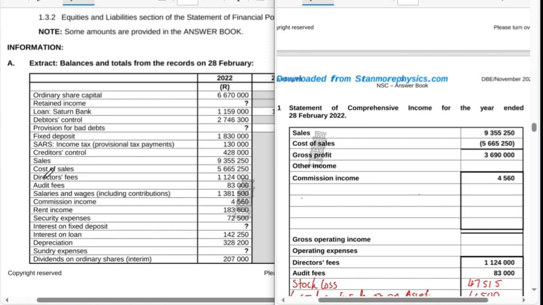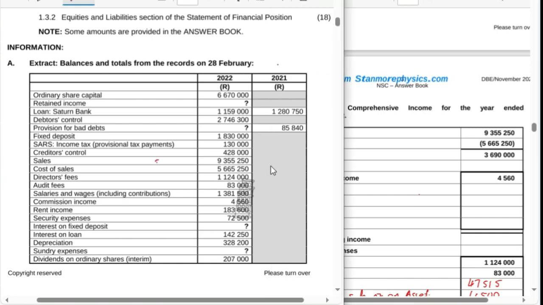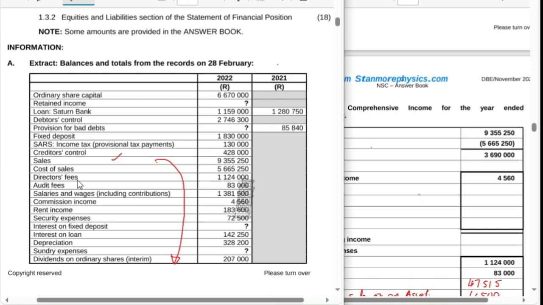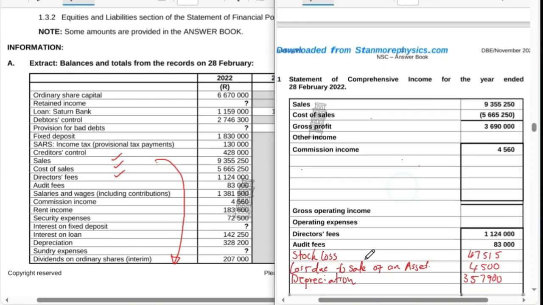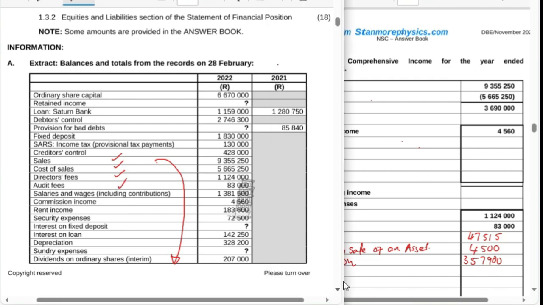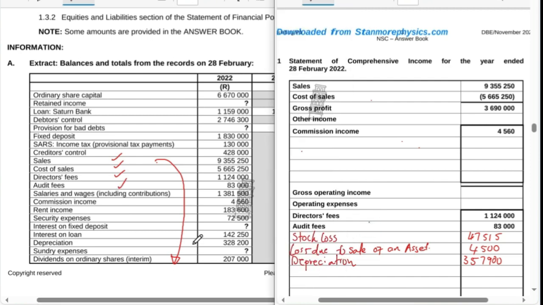Most of the time, whenever we do an income statement or any financial statement, we need to have an extract. And then, guys, we are going to simply start from our sales, and then we can record everything else. So sales has been provided in our answer book, cost of sales has been provided, and then directors' fees have been provided, and then audit fees have been provided, and then